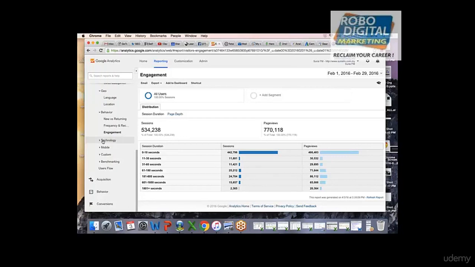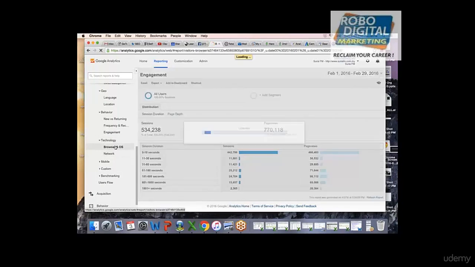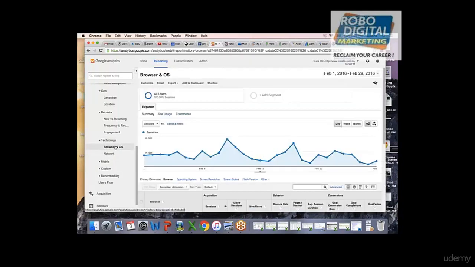If you go to technology, you can see a lot of things over here as well. But other than page load, what are the other standard things causing a high bounce rate? Do you know? We will be seeing that in behavior as well. There are so many metrics.